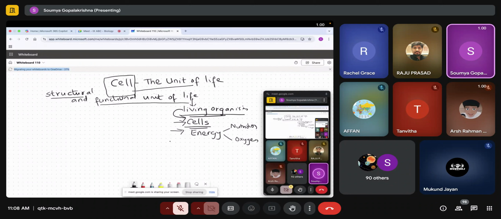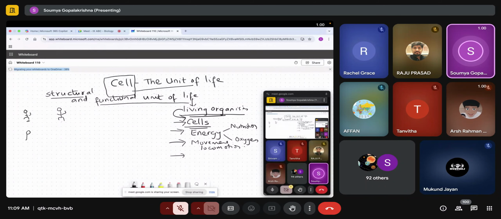Okay. Then living organisms show movement or locomotion. Moving from one place to another is locomotion. Plants show movement, but they do not show locomotion. So, what's the difference between locomotion and movement? Now, there is one organism here. It is in this position. Now, it has shifted, the entire body has shifted from here to here, right? The entire body has shifted its position. Now, this is called locomotion.